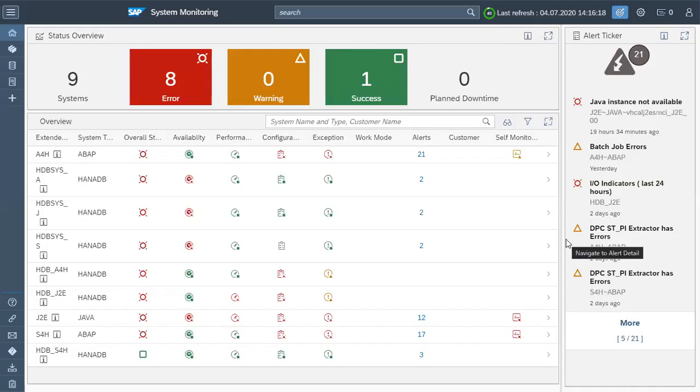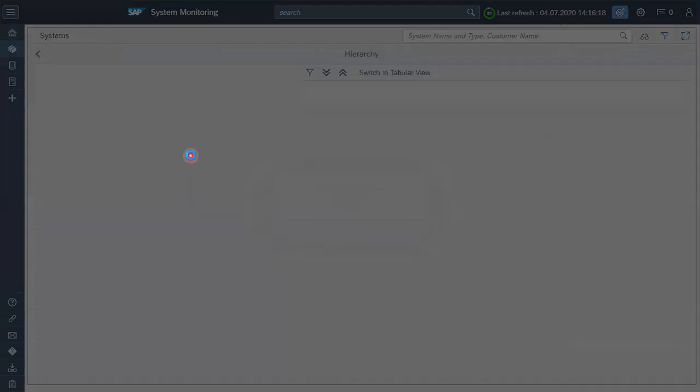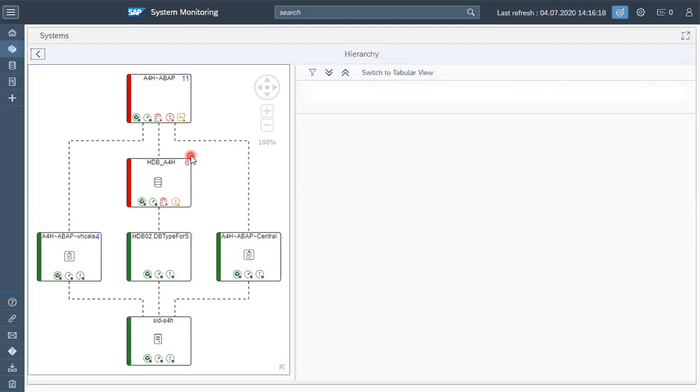Yeah. So this is the system monitoring UI. This is the A4H ABAP system. Let me click here. It takes a bit of time to open this page, but yes. So there are two metrics. One is RFC availability, and the second is message server HTTP availability, which are the key points to monitor and report availability to SAM reporting.